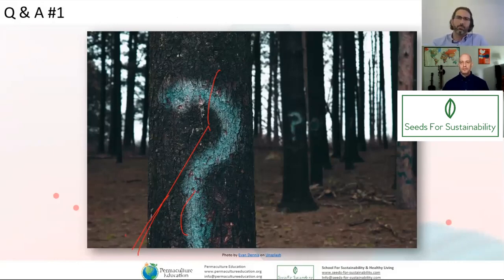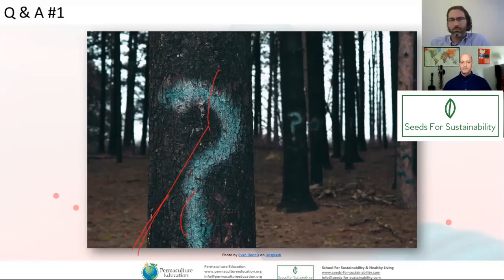For instance, when you're designing a farm, you would go spend time on the land. You need to observe and interact with the land and the systems. Spending time on the land, you will be able to get vital information about energies coming onto the land. So where does the water flow? How does the water flow? Do I have monsoon that affects this area and washes out this whole area of land here? If so, I may not want to put my intensive vegetable gardening area anywhere near that. So you only learn these things by being at that location and observing and interacting with the land.